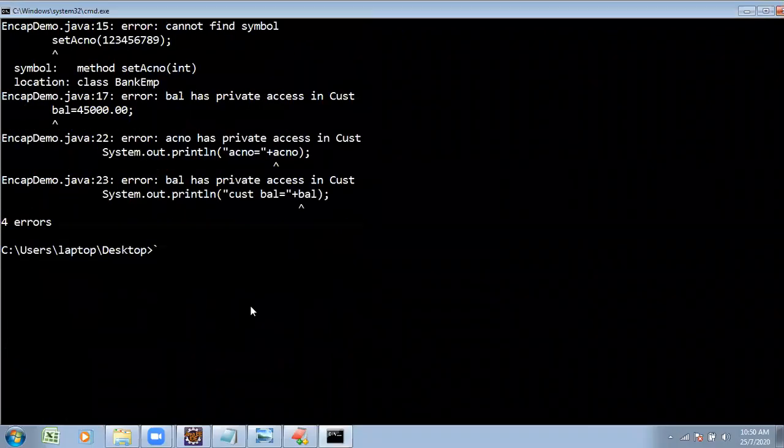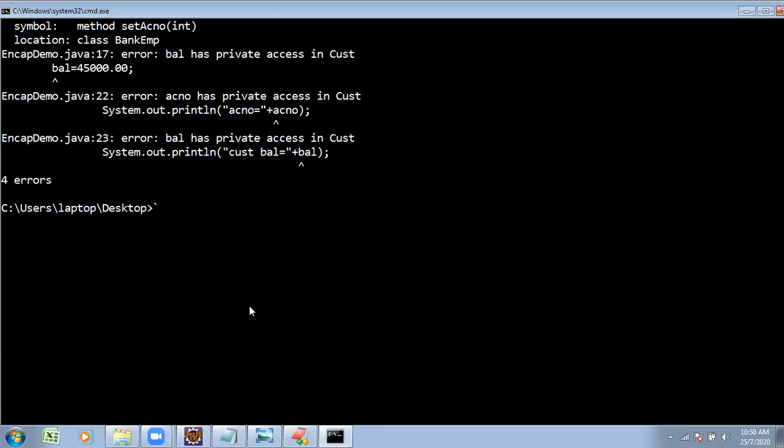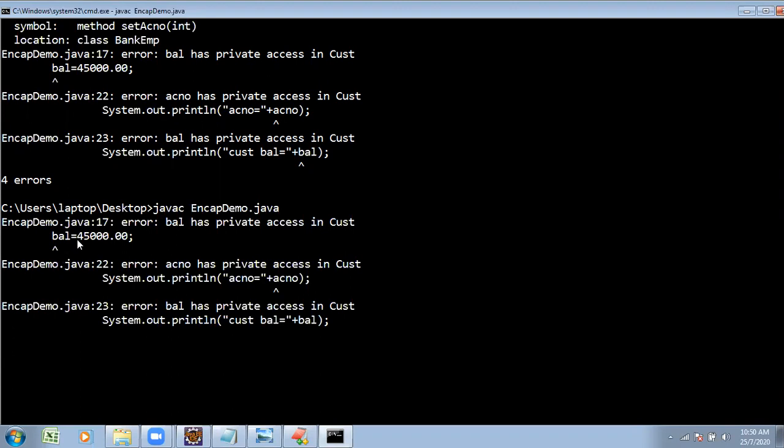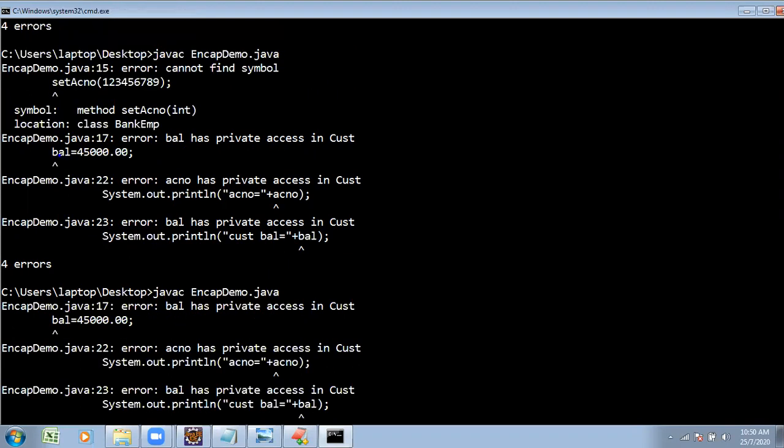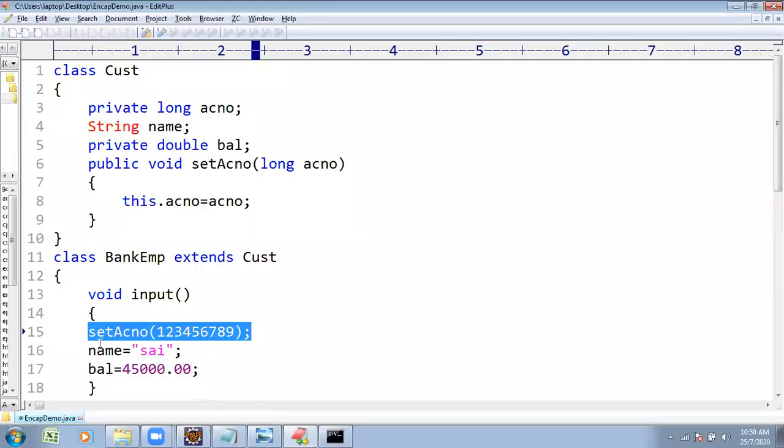Previously, four errors were showing. The set account number was showing as private. Now I rectified that one. See, previously we were getting the issue with this part, now that is rectified. Why? Because whatever you pass, being private, is not accessible in the subclass. To overcome that, I'm assigning here, and that value is going to be globalized.